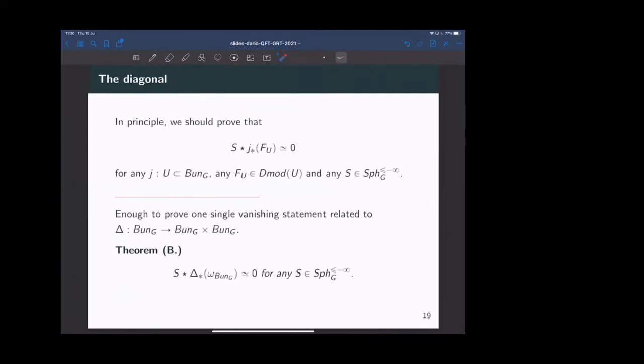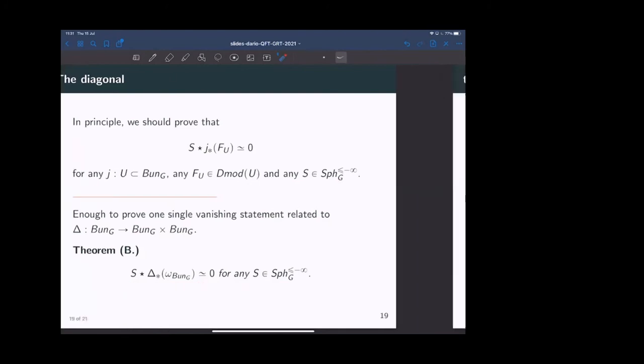So what I should compute, in view of what I said, is that if you take an element of the spherical category lying at minus infinity, and I act in the Hecke way on a star extension, I should get 0. And a quick trick, so there's a lot of things to check, reduces it to one thing to check, which is for the push forward along the diagonal of the dualizing sheaf or the constant sheaf. So I just need to check that for any element at minus infinity, if I Hecke act on the left on this push forward diagonal, I get 0. So one statement only. Now this Hecke action I can rewrite explicitly, and here it is.